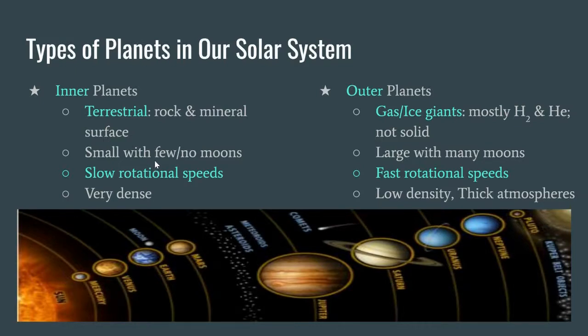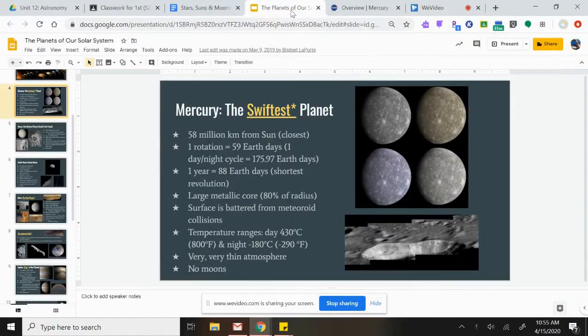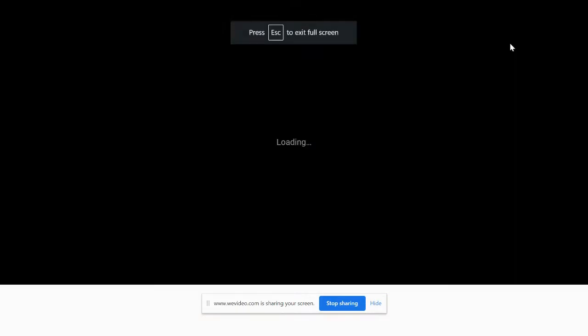And as we go through these planets, you'll see that we'll do a lot of comparison to our planet. So when we're talking about the days and the lengths of time, you'll notice that we're comparing them to our time here on the Earth. All right, so